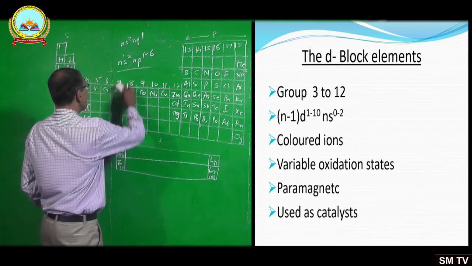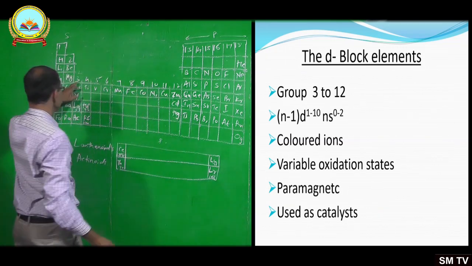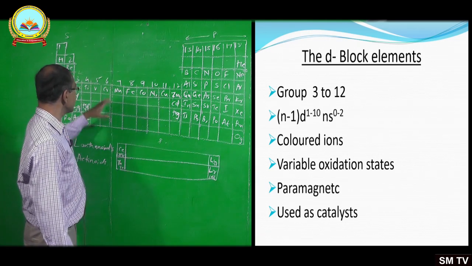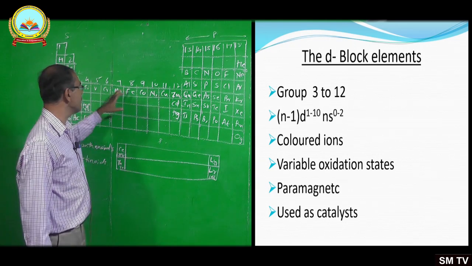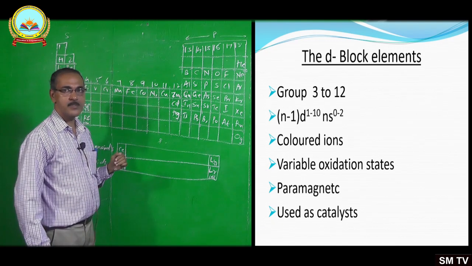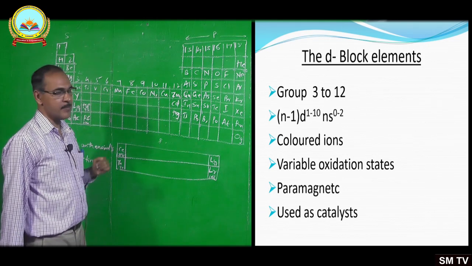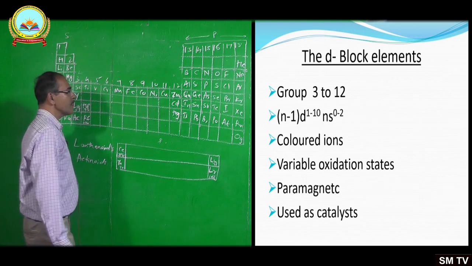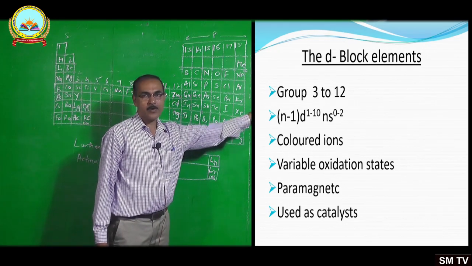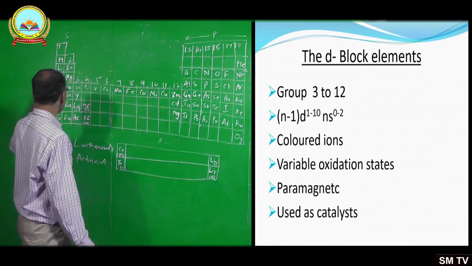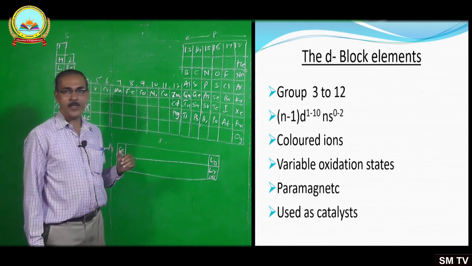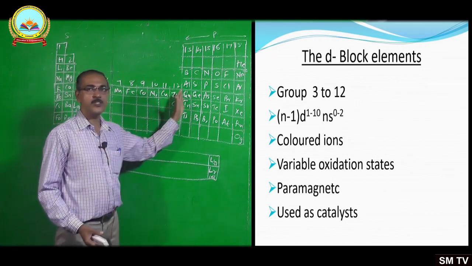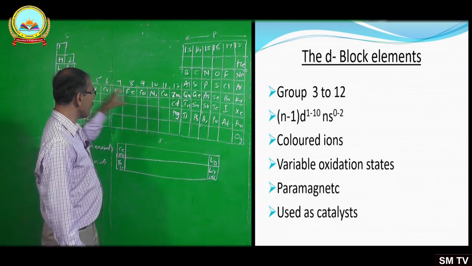Now, groups 3 to 12 come under the D block. These elements are also called transition elements. Why are they called transition elements? We have strong metals here. On this side, the p block, you have non-metals. When you move from left to right, the metallic property gradually changes to non-metallic,